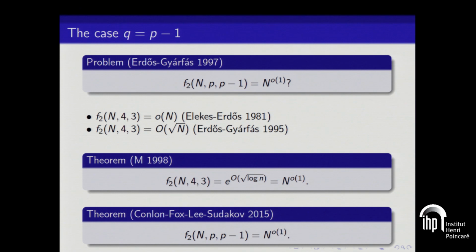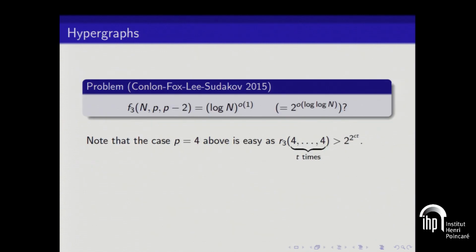One can ask the very same question for hypergraphs, and in fact, the hypergraph version of this question is related to Shelah's proof of primitive recursive bounds for the Hales-Jewett problem. Indeed, in the proof, there's something called a cube lemma that Shelah uses, and the assertion of whether you can do something with this particular problem is equivalent to whether you can improve that part of his proof. So actually, the specific problem that relates to that is when p is 4 for larger uniformity.